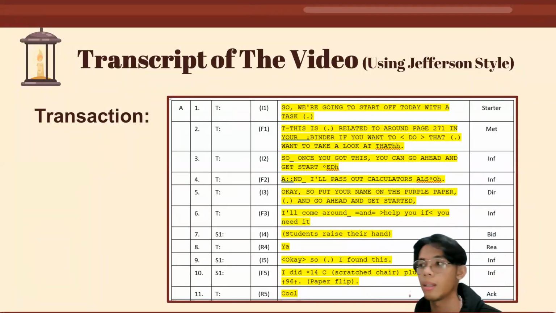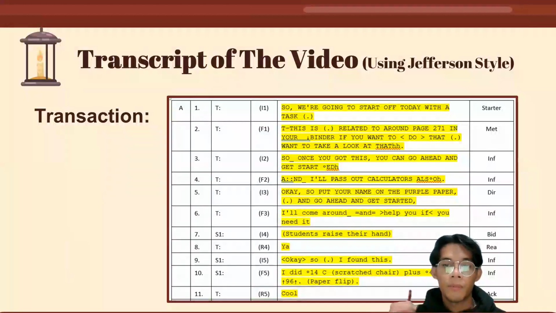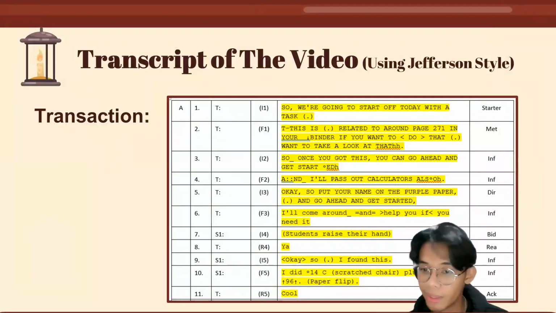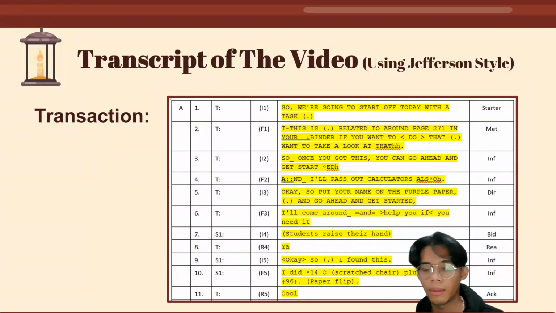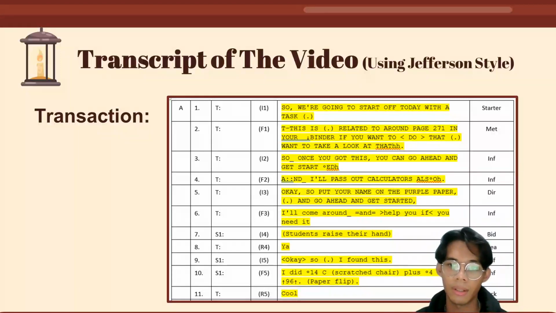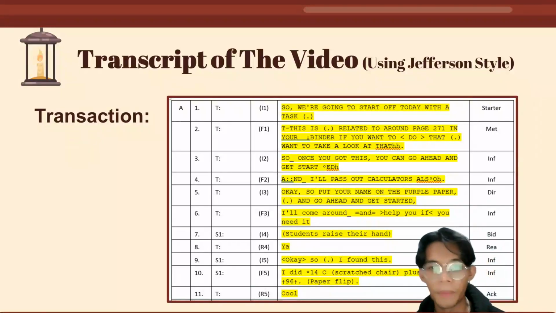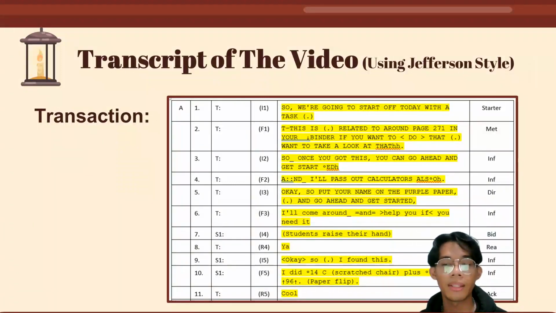The Jefferson style itself is a style to transcribe the video using some symbols. You can see there are a lot of symbols that I put in the transcription, like the comma. Comma is not the comma in the grammar. All of these marks here are not marks that you usually use when you want to have good grammar. No. The comma stands for a slightly rising intonation, and a dot, a full stop in a bracket,